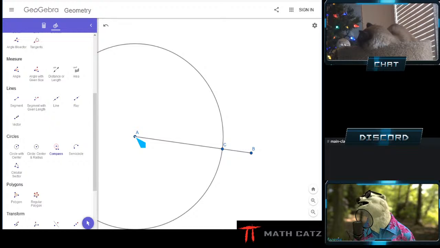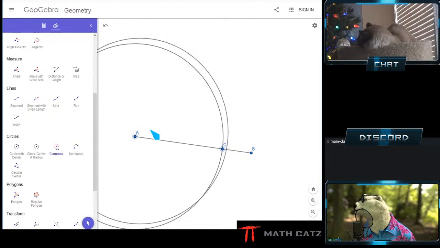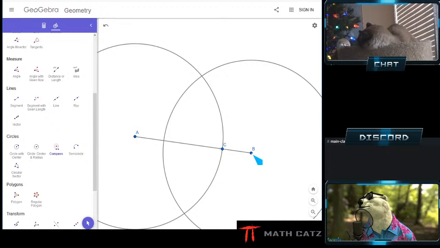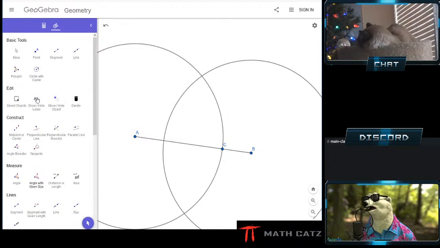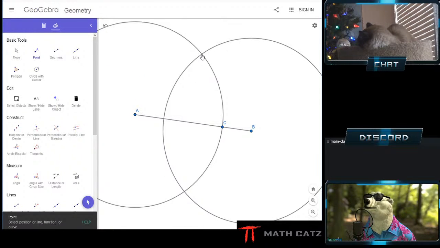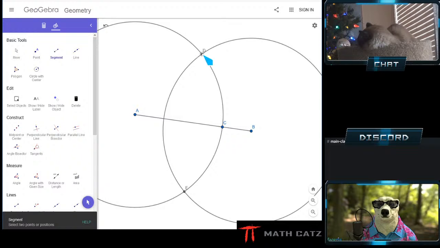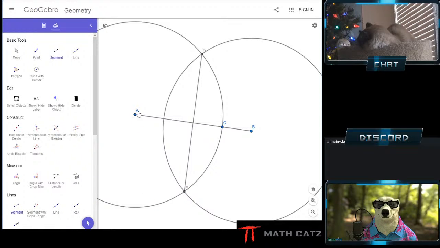Now I need to do the same size circle but centered at B. So I'm going to my compass tool again, same thing from C to A, but I don't confirm, it's floating. I'm going to move it around and center it at B. I'm just going to move myself up a little bit like so. That gives me 2 points here where these two circles intersect. GeoGebra automatically names the points. So in our case now it's D and E. Then I draw a line segment from D to E, and that is perfectly square and cuts the original line